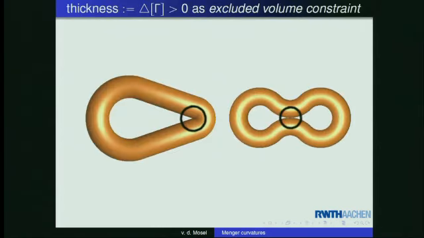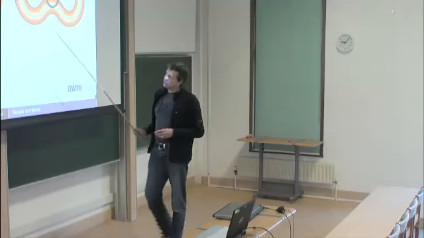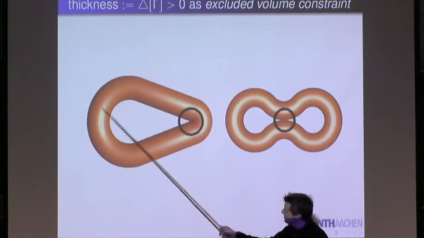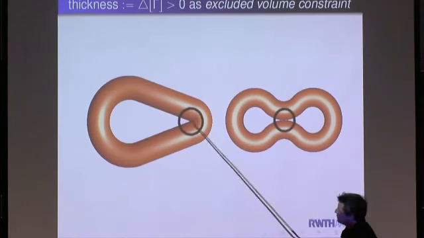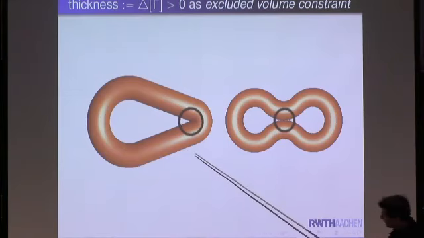If you have delta being positive, you can call that thickness. That's what Gonzalez-Maddox did, because you can assign to each curve a tubular neighborhood of exactly the radius delta, which becomes regular, because it consists of normal disks of radius delta that do not intersect each other. So it's a very nice regular tubular neighborhood where you have a unique nearest point projection back onto the curve,